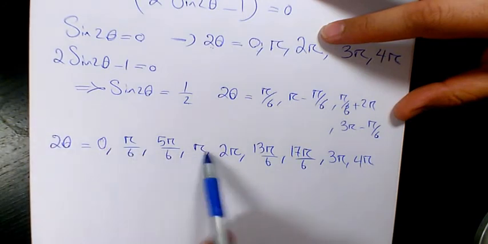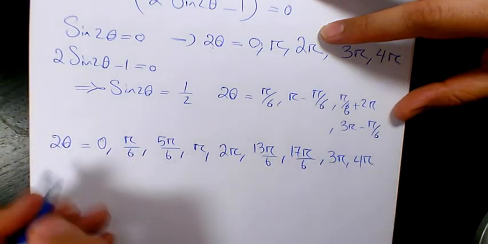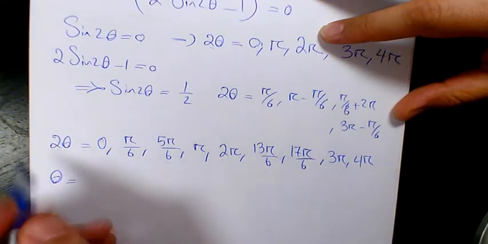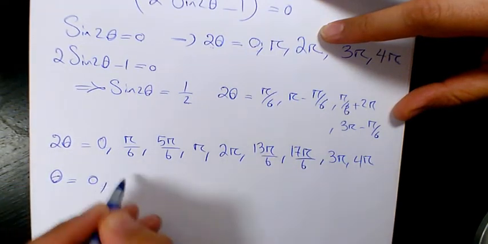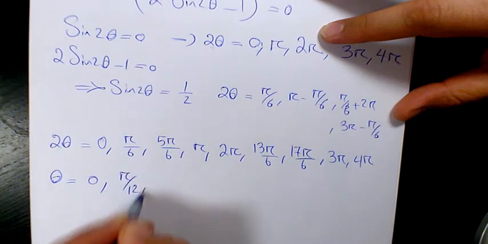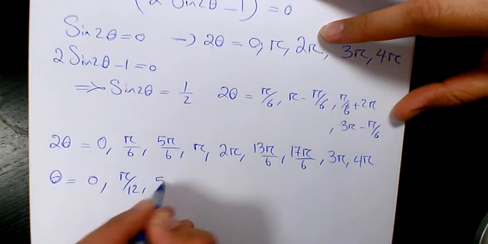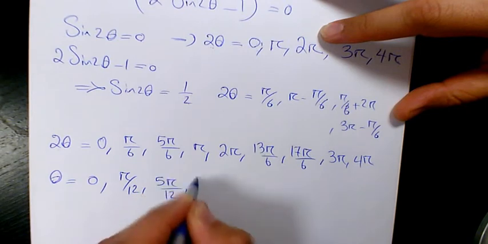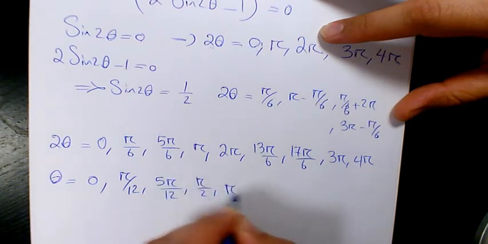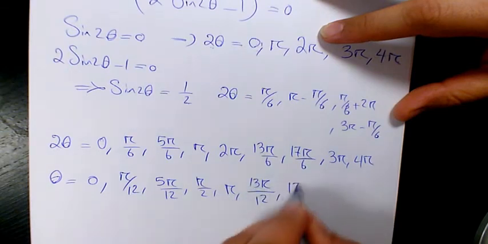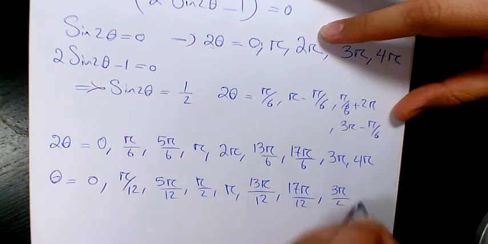1, 2, 3, 4, 5, 6, 7, 8, 9. If you want to find out the final answer, we need to divide everything by 2. So 0 divided by 2 is 0. Pi over 12. 5 pi over 6 divided by 2 is going to be 5 pi over 12. Pi over 2. Pi. 13 pi over 12. 17 pi over 12. 3 pi over 2 and 2 pi,